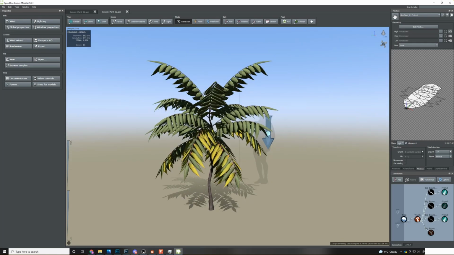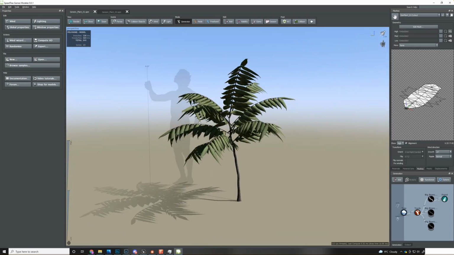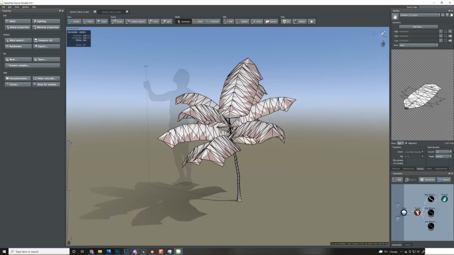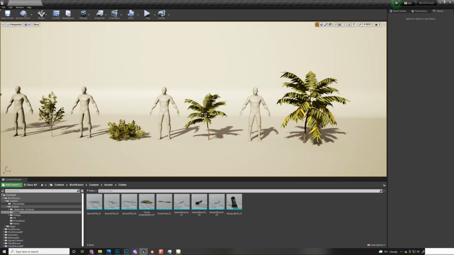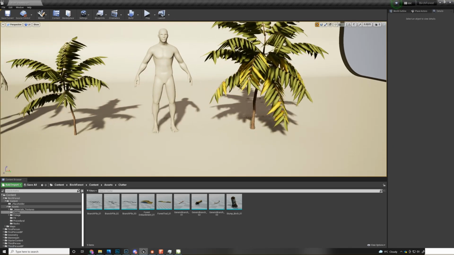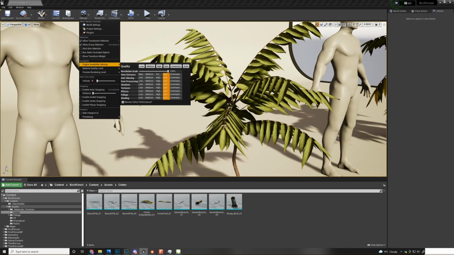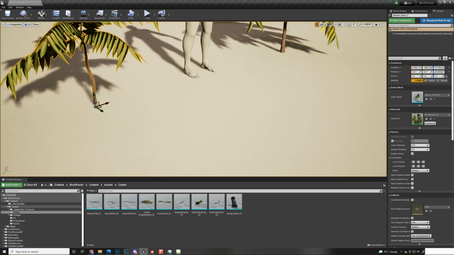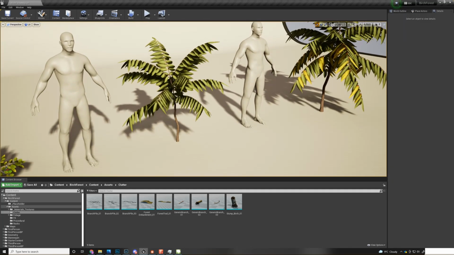Okay, so from here, I create two variations of this generic plant, and these get exported out. And again, as you can see, very simple geometry, nothing fancy going on. And then this gets exported into Engine, and this is the asset in Engine. So this gets set up in Engine the typical way, and then